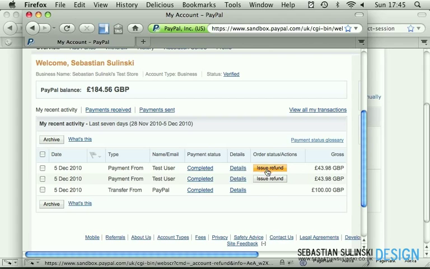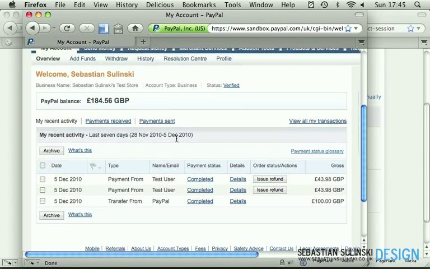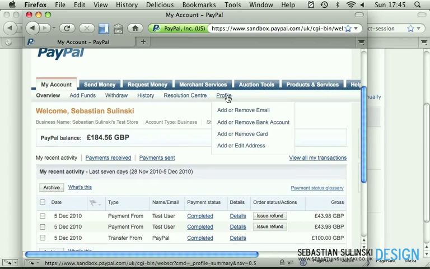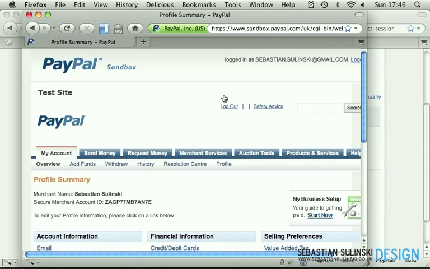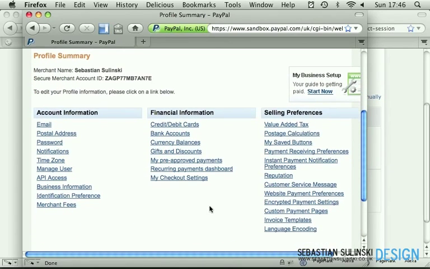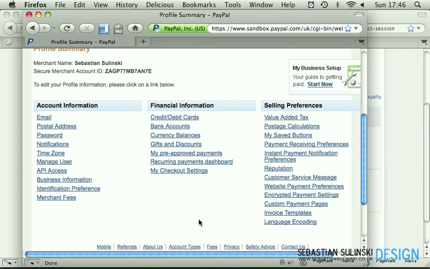completed. We have issue refund if you would like to issue the refund for the transaction, obviously, and we have several different options. If we go to our profile page, click on the profile link rather than on any of the options in the drop-down menu. If we click on the profile, now if we scroll down and have a look at our custom pages, custom payment pages section, if we click on this link,